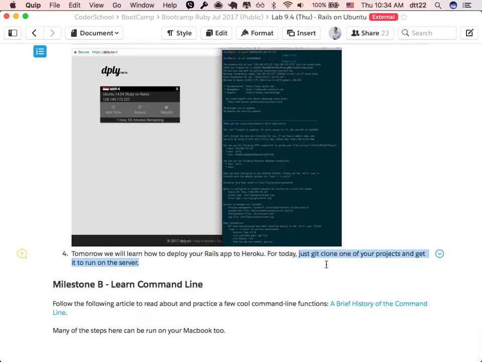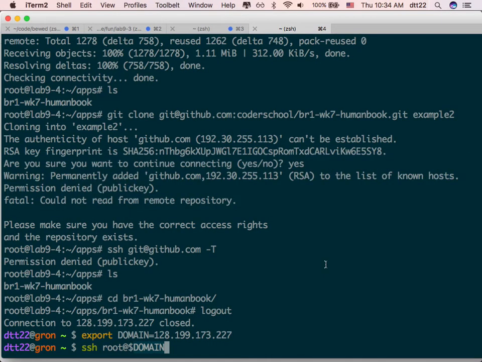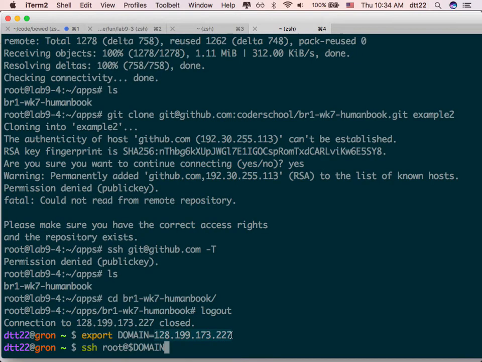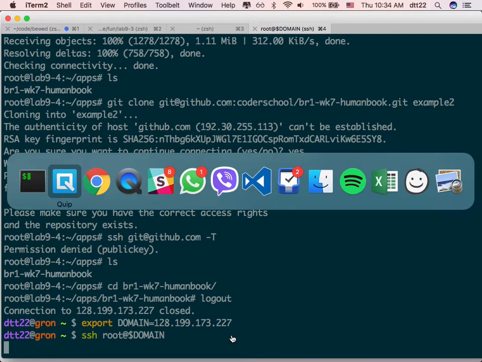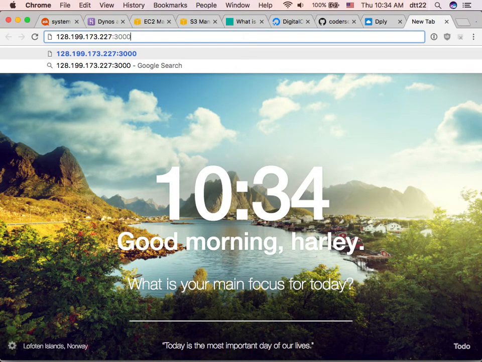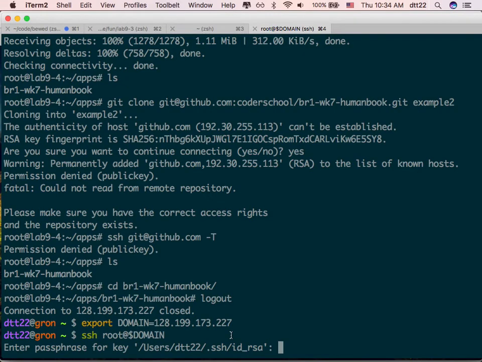Now, if you can set up Rails to run on that server like this, I don't have it here, okay? Then, if you can do that, actually maybe let's try. Maybe if I'm lucky, it may work. If you can do that, then at least show me that you can run it on port 3000 like this. Go here and it runs Rails server. That would be pretty successful. I'd love to see that.